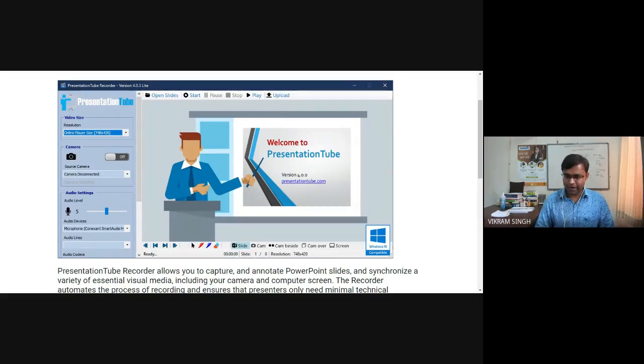So in this screen mode, we cannot have this possibility of adding the presenter video into the presentation video. That's why going for a screen recording kind of software is preferred, because there you can place the presenter video in the recording also. So this is about the possible modes of recording in the presentation tube.